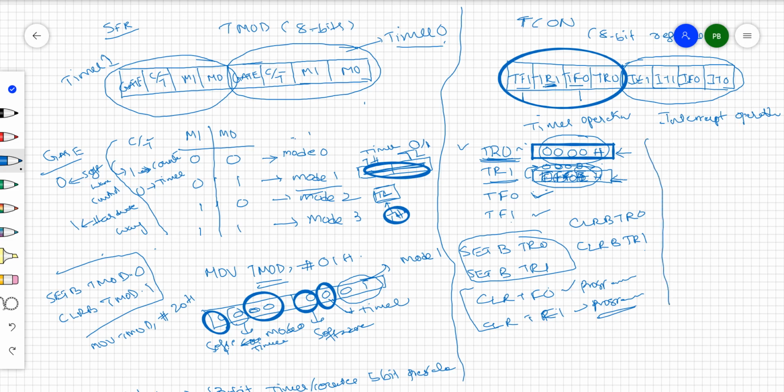And one thing regarding the higher nibble of this timer control register. The other thing is that the lower 4 bits are going to control the interrupt operation. So simply, IE1 and IE0, IT1 and IT0.